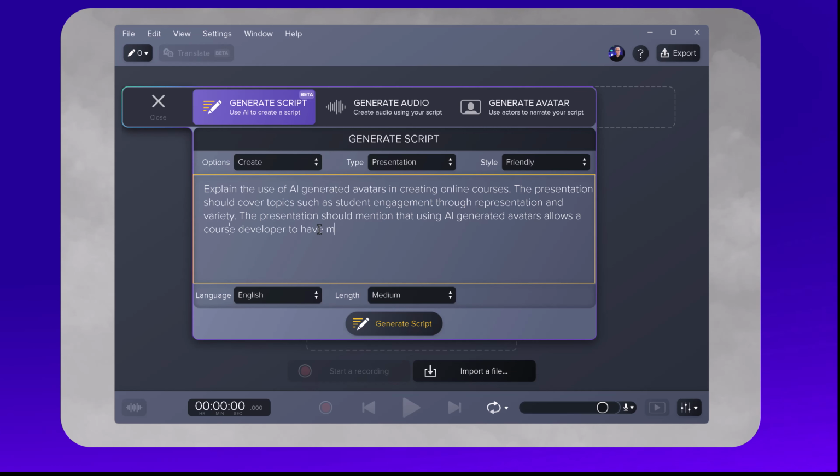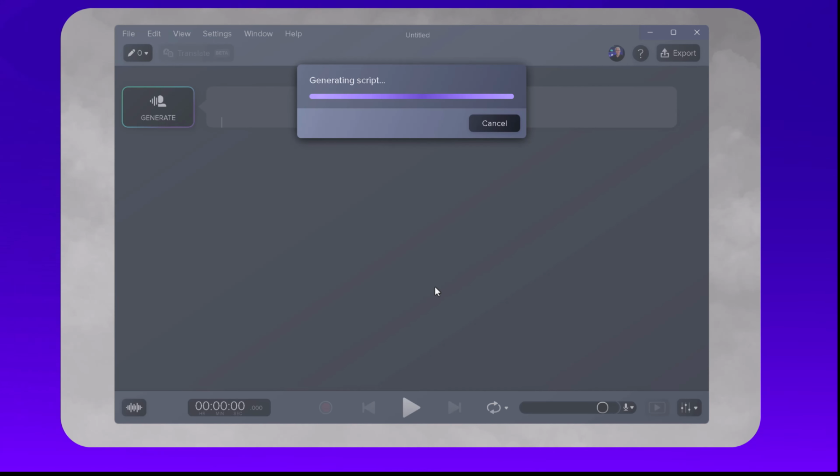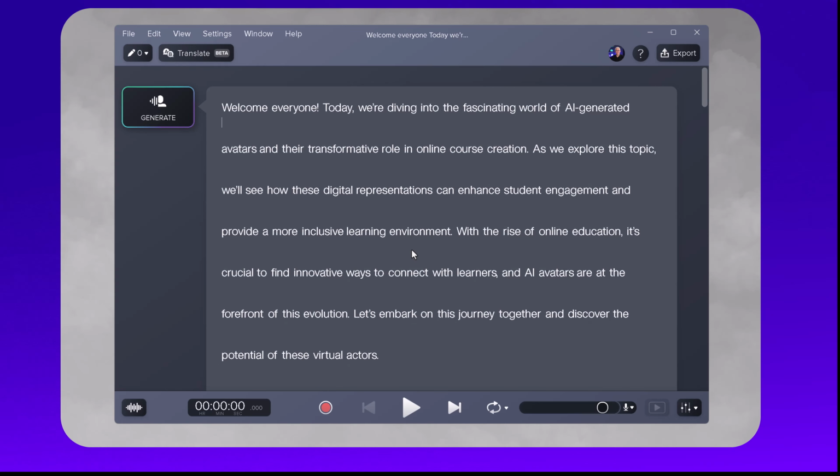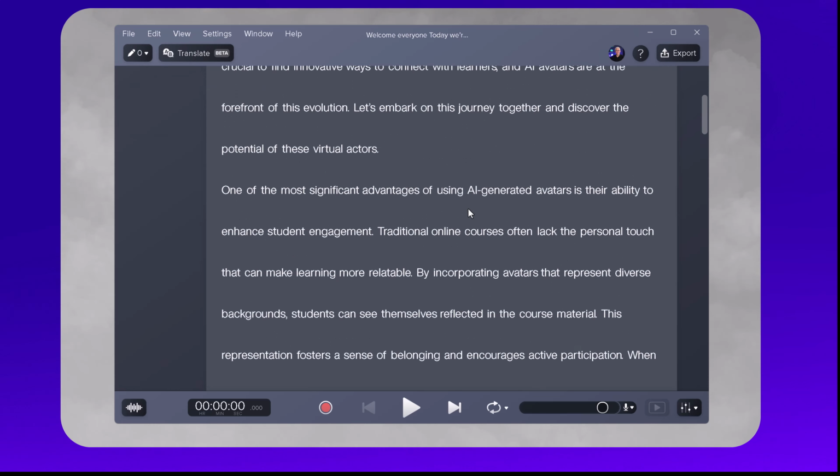So I'll put in the prompt that I'm interested in having a script generated for, and it'll go through and generate the script very quickly. It takes a few moments, but it's going to generate a complete script for me on this topic that I can then go in and edit if I'd like to edit the script, and I can change anything that I want to emphasize or anything that I want to make sure are my words. But the nice thing is I have this great script that's written for me that gives me a great starting